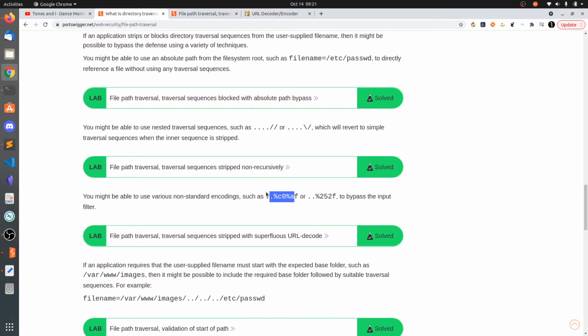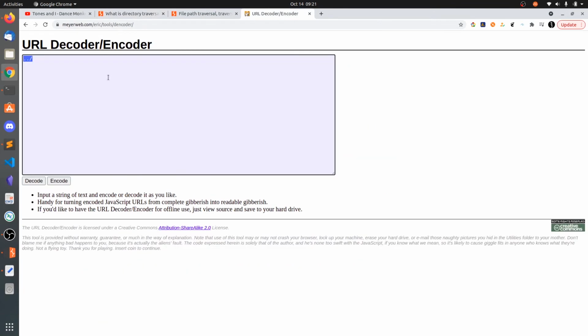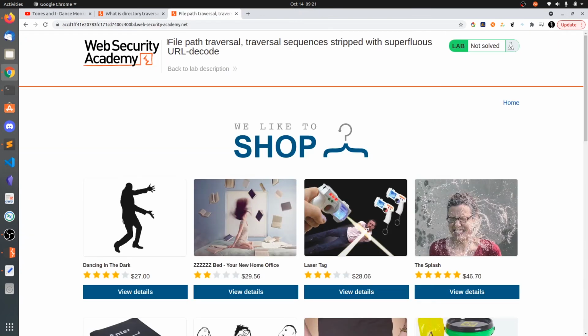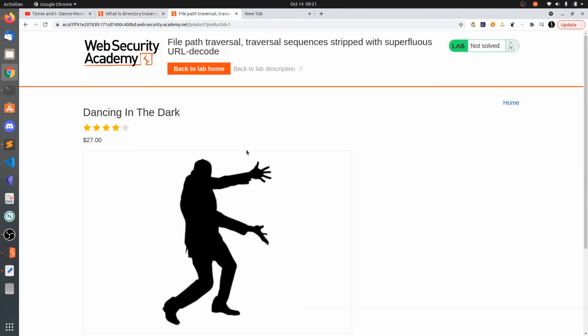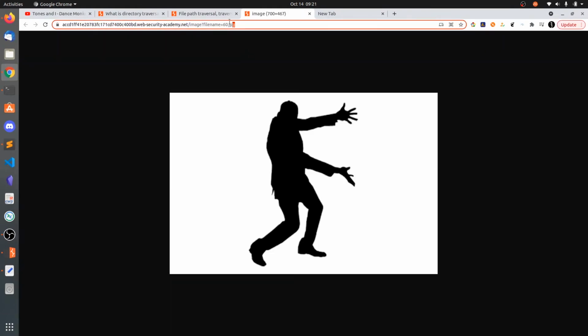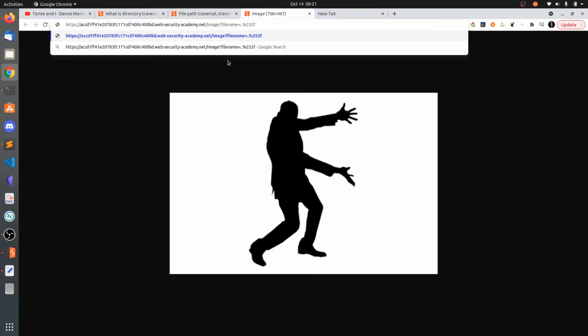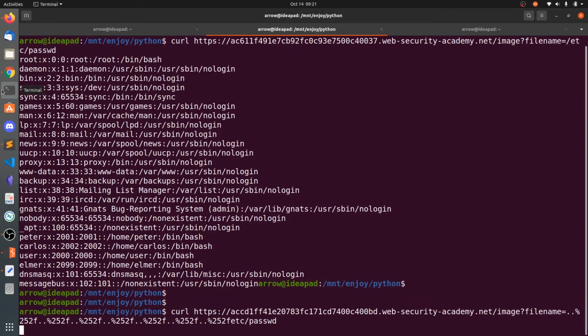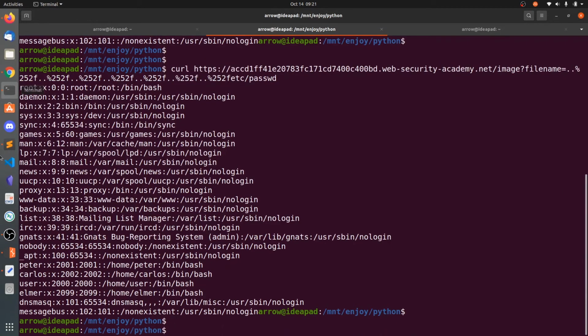And let's see what this payload is about. I think it should be like backward slash decode. I don't know this, so maybe other encoding. So let's use this and etc/passwd. So I think we got the contents. We can just simply curl this and we got the contents.